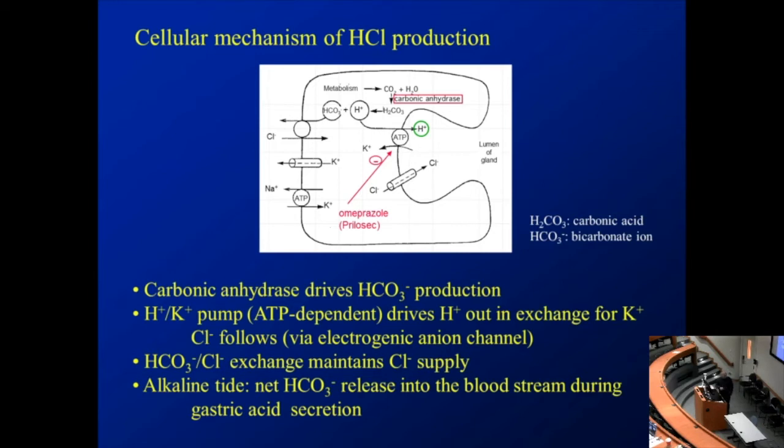So if you stimulate these glands fully and you have a large amount of proton production and delivery of protons into the lumen of the gland, at the same time you have a lot of bicarbonate production, which then ends up in the bloodstream that leaves the stomach. And if you measure the pH in the blood from the stomach during full stimulation of the gland, you will measure that the pH becomes alkaline,